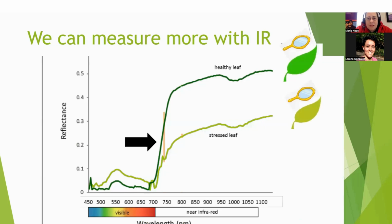So why do we measure with the camera? We can measure it to know more about the plants. This darker green belongs to a healthy leaf, mapping how much light it reflects in the blue light from 0 to 1. If it reflected all the light, the graph would be way up. In the yellow, how much light, and the red, how much light. So a healthy leaf reflects 0.5 of the green light that it